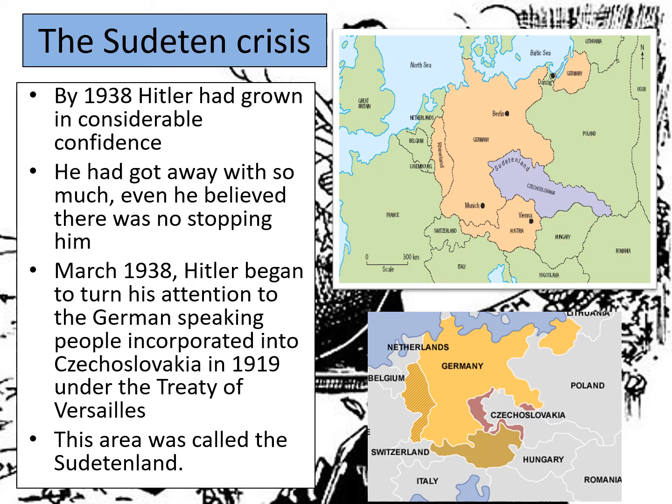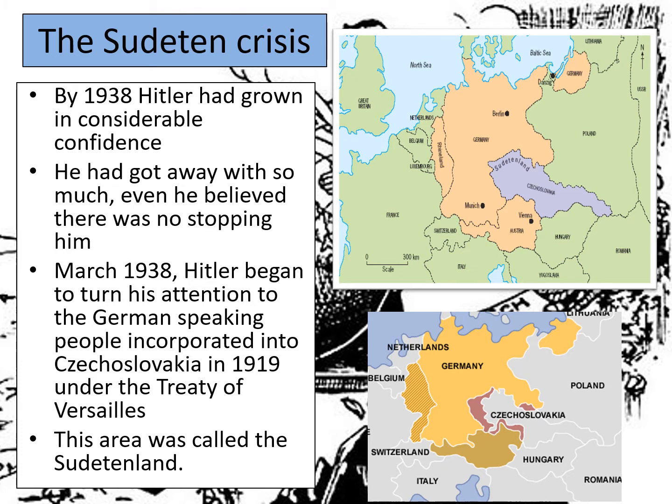So, as it says here on the slide, by 1938, Hitler had grown in considerable confidence. Remember that he'd already got away with so much by this point. Let's think back on what he'd already been able to achieve. He'd already rearmed Germany. He'd done that secretly, remember, for 2 years, and then he'd done it out in the open from 1935. He'd been encouraged in that by countries such as Britain in the Anglo-German Naval Agreement. Also, in 1935, when he held his military rally, nobody tried to stop him. He'd also grown in confidence because he'd been able to put his troops back in this piece of land between Germany and France, the Rhineland. That had made him feel a little bit like nobody was going to stop him.